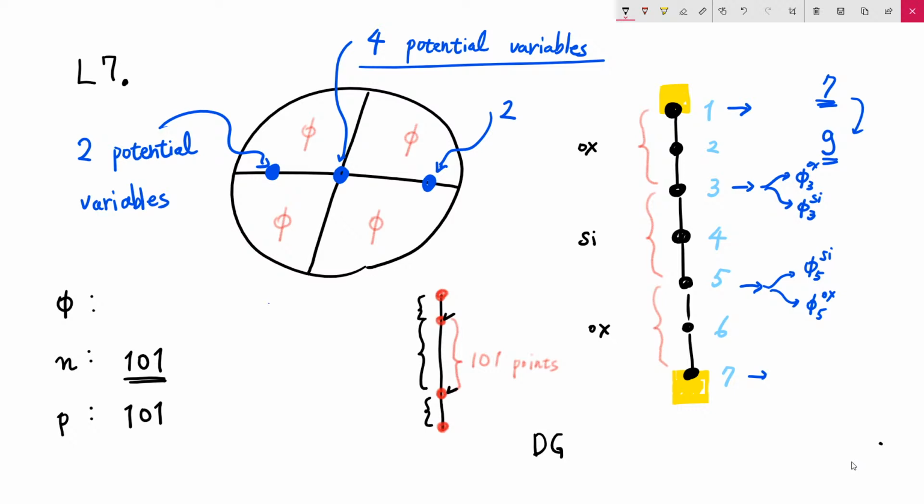And in the case of our electrostatic potential, we have 2 for this top oxide region and 2 for our bottom oxide region, and again 101. So the total number will be 307, and I think that maybe